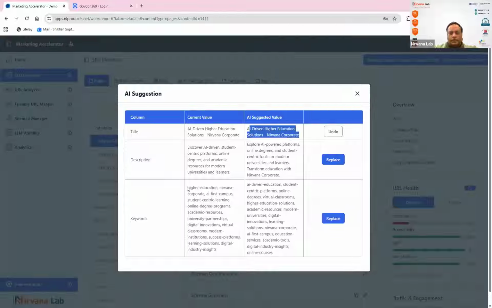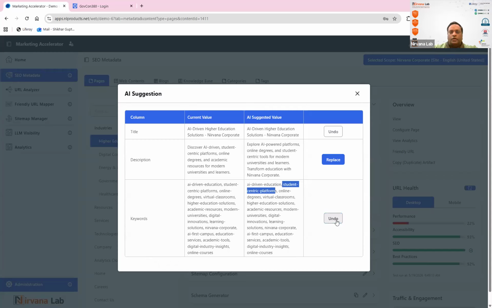If you have given keywords like higher education, Nirvana corporate,